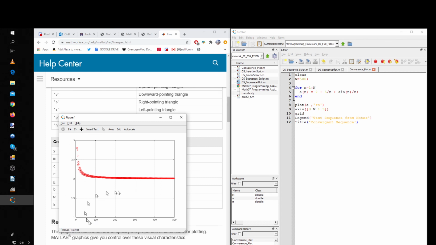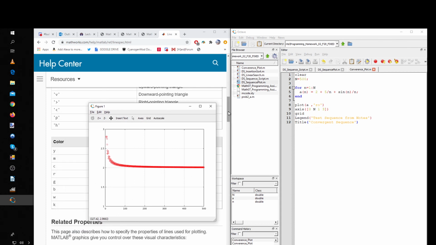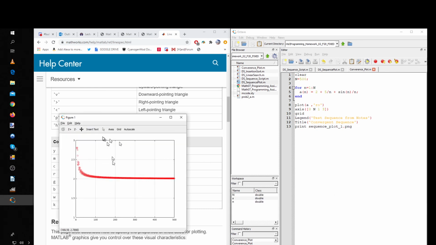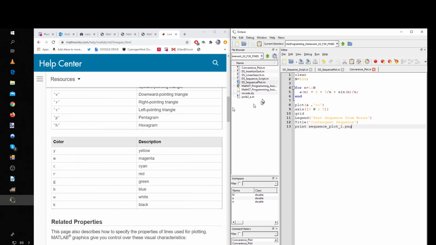So, I mean, there you go, right? Print. Sequence plot 1.png. I'll do a PNG, which is just going to give me a PNG of the default size. So it's here, but also